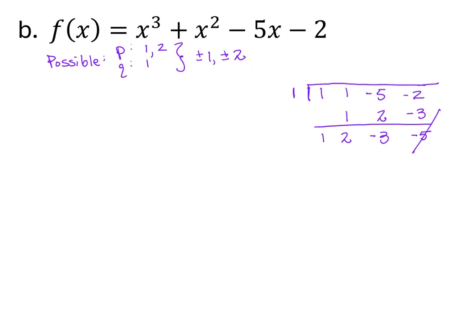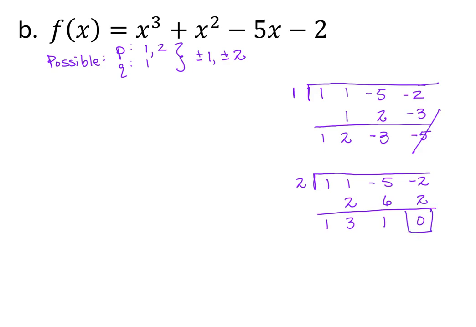Okay. And it's up to you in terms of how you want to approach this. Let's try 2. Okay. We don't have a lot of options here. So we'll just go ahead and rule out. We'll start with our positives and go from there. Okay, so we bring down our 1. We multiply. We get 2. We add. We get 3. We multiply. We get 6. We add. We get 1. We multiply. We get 2. And we have our 0. And so this